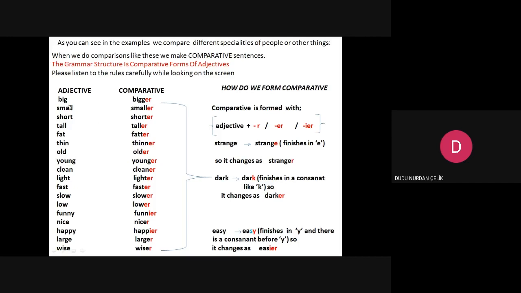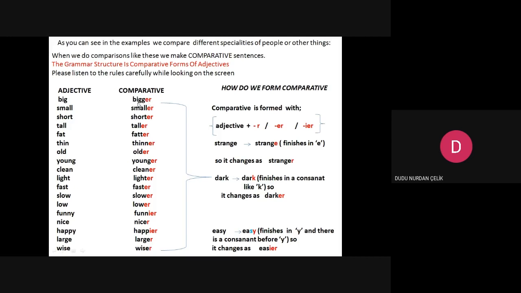And also, we make these adjectives comparative like this. Big, one syllable, just big. Bigger, look. Big is a one-syllable adjective. It finishes with G, a consonant, and there is a vowel here, I. Before we add the ER comparative addition, we write G double.